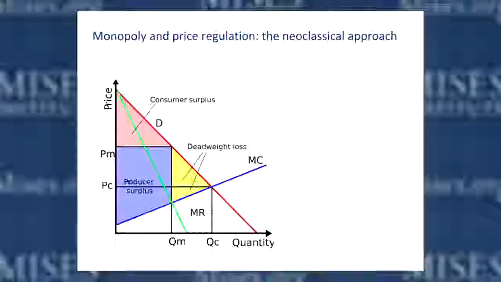So if you look at this diagram here on slide number 3, this is the standard neoclassical analysis of monopoly as we looked at it before. So you have a firm facing a downward sloping demand curve for its product, that's the red line, and an upward sloping marginal cost curve, that's the blue line. But when the demand curve is downward sloping, associated with that demand curve is a marginal revenue curve, the green line, which is also downward sloping, but is more steeply sloped than the demand curve and lies to the left of the demand curve.